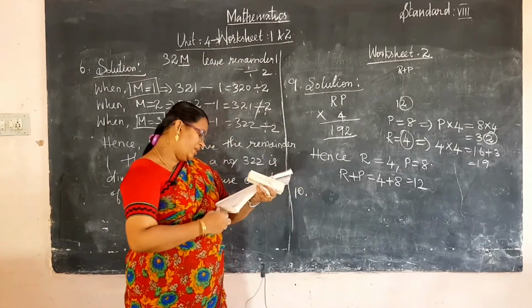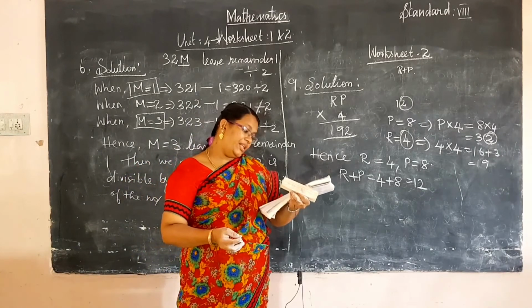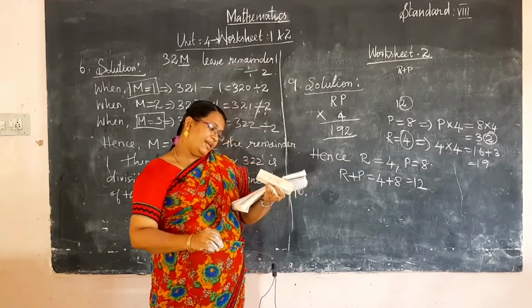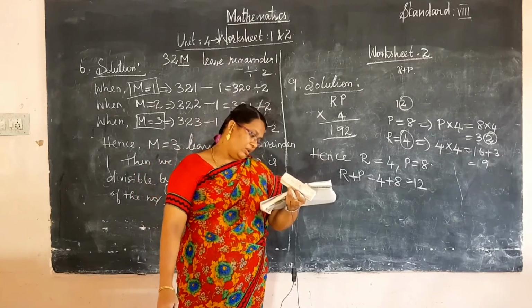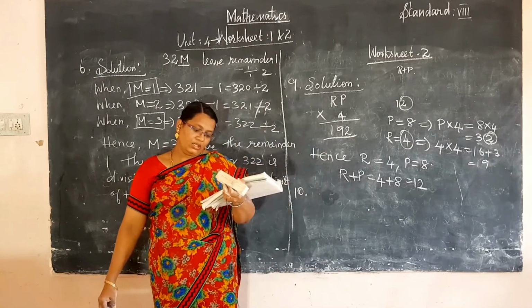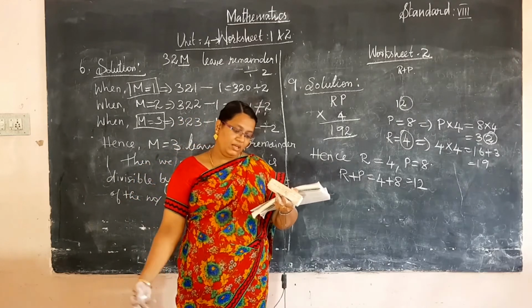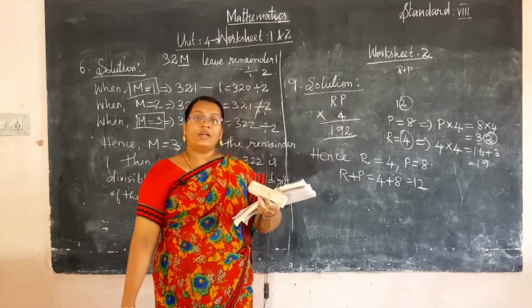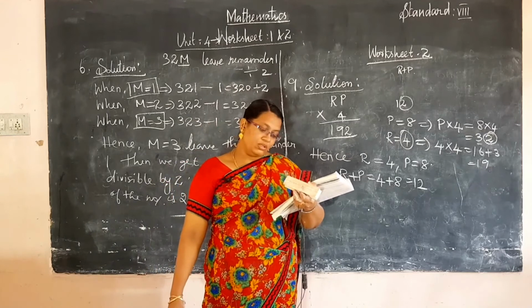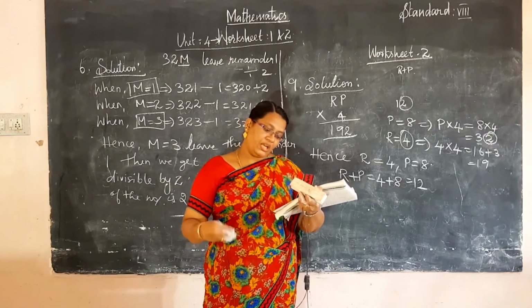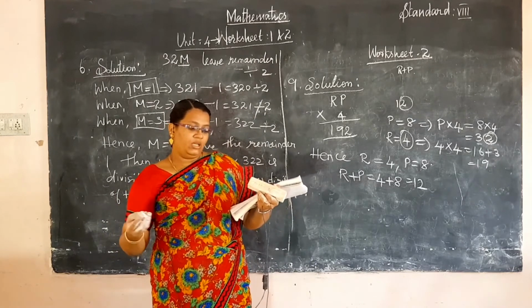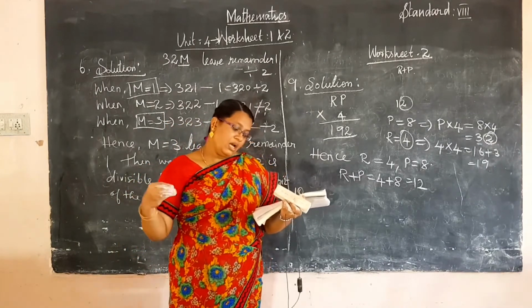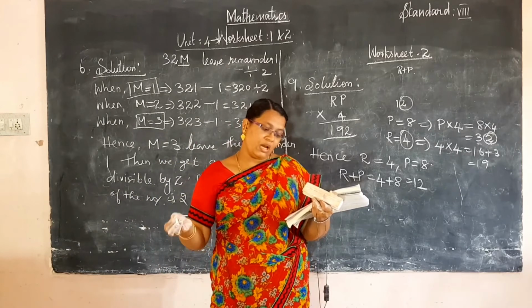Check out the possible values of a and b in the number so that it is divisible by 9. Can you do that homework? So what are the possibilities? There are many possibilities, so you will try to find those numbers. You will put 0, then 1, 2, 3 for the values of a, and the values of b also.